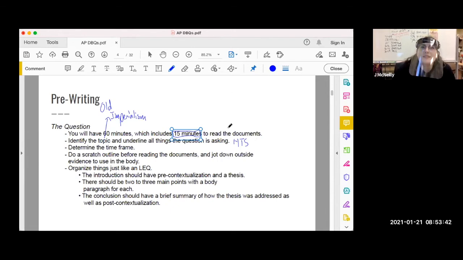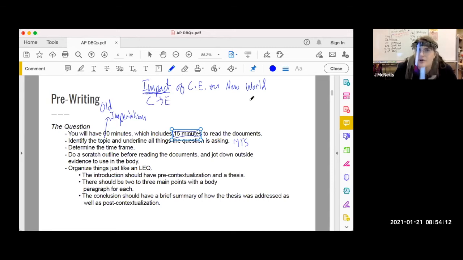So let's say that your prompt is: Describe and analyze the impact of the Columbian Exchange on the New World. Impact of Columbian Exchange on the New World. Okay, now that is specific, y'all. It's saying you're going to need to do causation